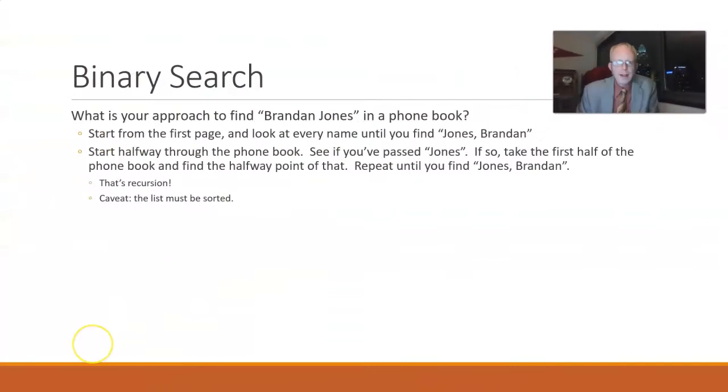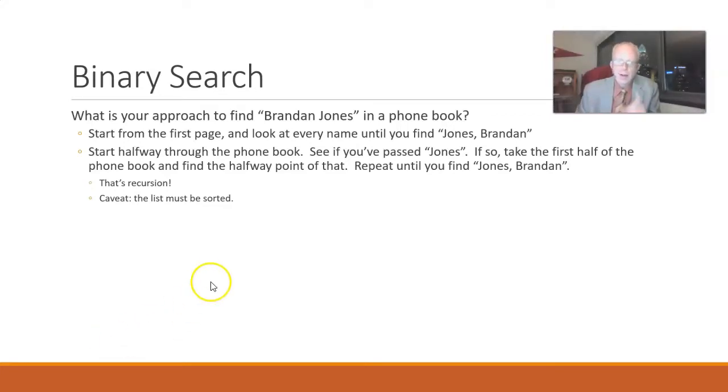If we've passed the Jones, then we take that first half of the phone book and we open that up halfway. And then once again, we do the same thing. We say, okay, am I past the Jones or am I before the Jones? And we keep doing that until we find Jones, and then we find Brandon Jones. That is recursion. So we're taking a big problem, which is the whole phone book, and making it simpler. And then we continue to make it simpler by applying that same formula until we get